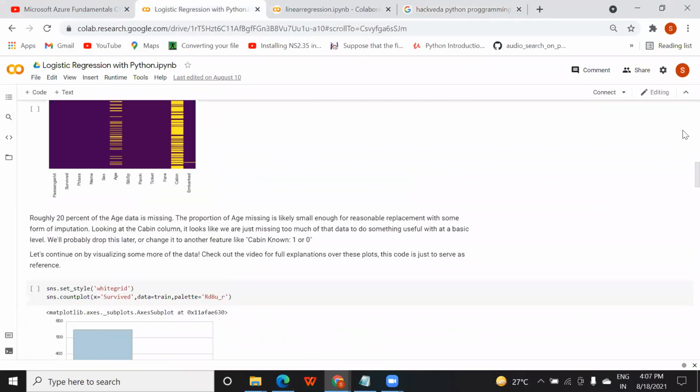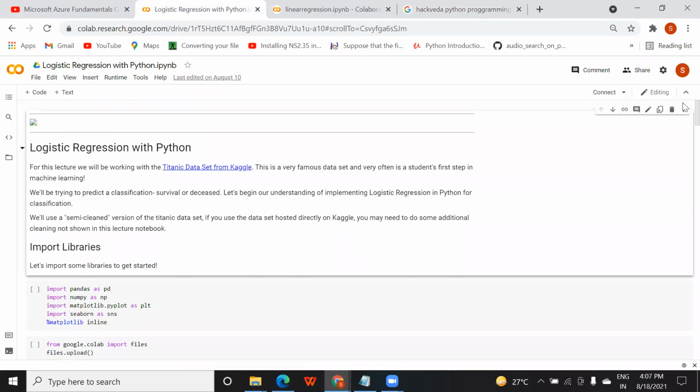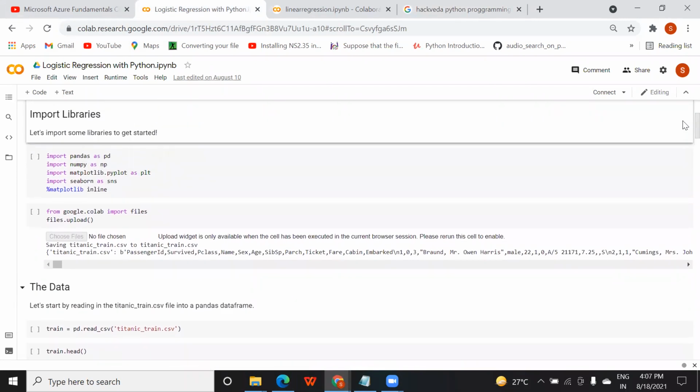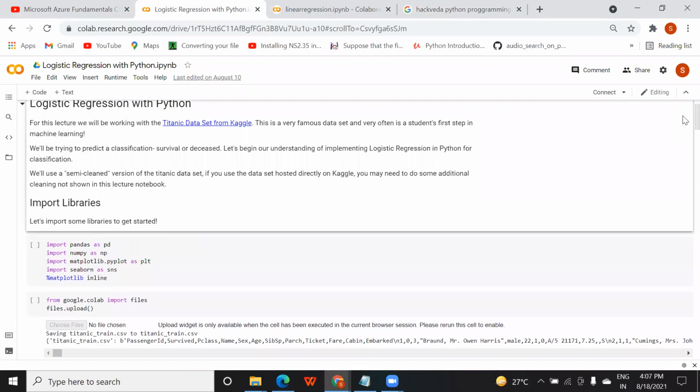So as I told you, logistic regression is used for categorical variables, where your dependent variable is categorical. Here we took a Titanic data set, and in that data set our prediction is based on the passenger features, the passenger input features. We will predict whether he will survive or deceased. You might have seen the Titanic movie. In that, many passengers died, and some of them are still alive.